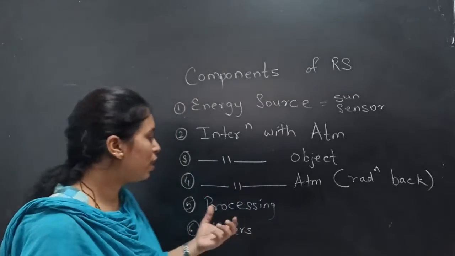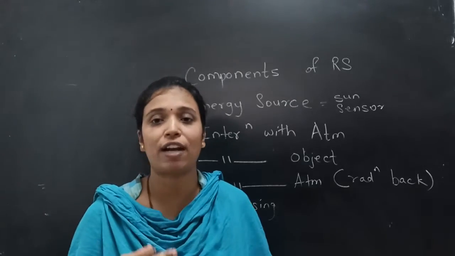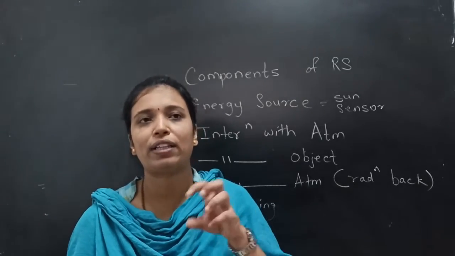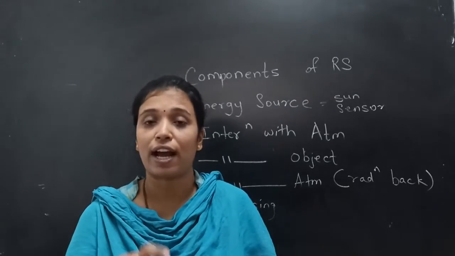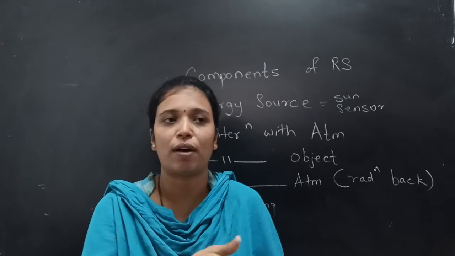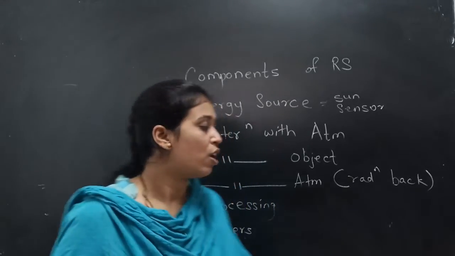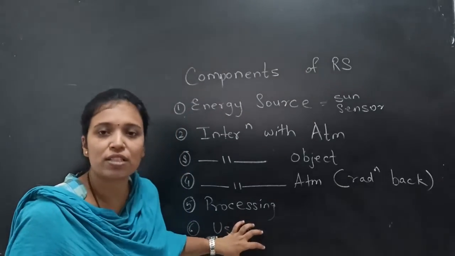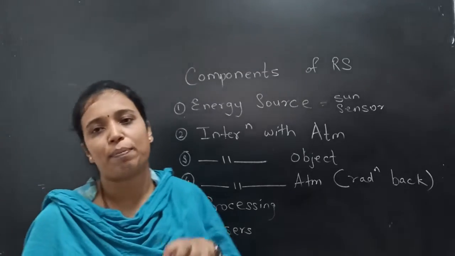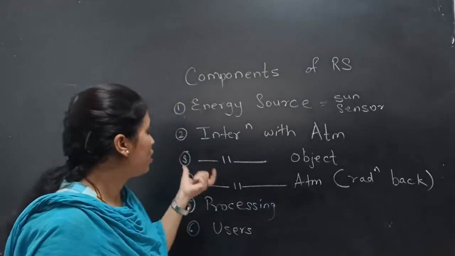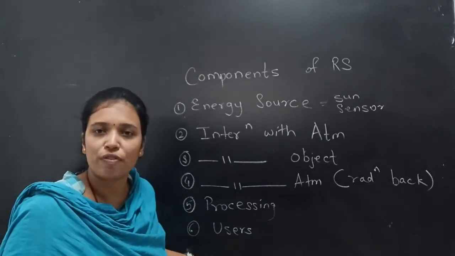So in this three types, that is topo sheets and maps, second one is CDs, and fourth one is digital format, that is Google Map, or it may be available through Google Earth. We are directly capturing the unit, or we are putting the address, and then we can reach up to the address on computers itself. So these are the formats through which the users use the data which are captured through the sensors or platforms.